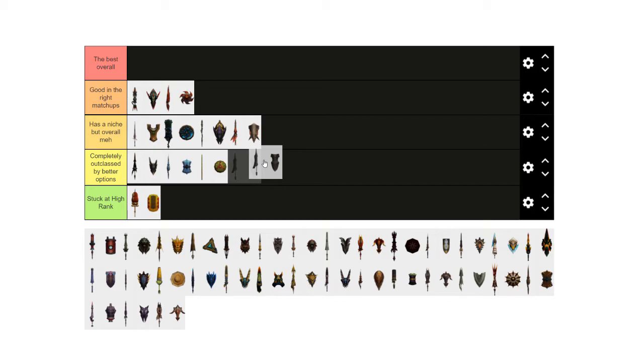Minus 5% affinity, which is basically might as well not be there, but it does drop your EFR a little bit. I'd consider this overall just a worse Gogmazius Gunlance, so I'd say it's completely outclassed by better options. It doesn't have any element, unless you use Awaken, which I'm not going to consider, because it's really hard to fit Awaken in a Gunlance set, and you shouldn't really go for it. At least I don't really go for it. If you want, sure, but